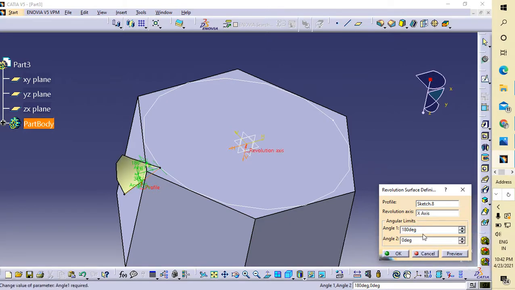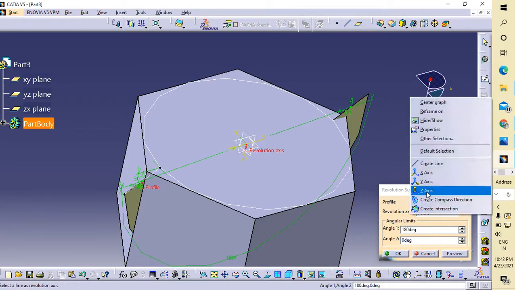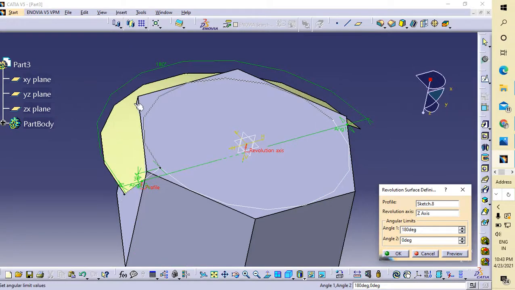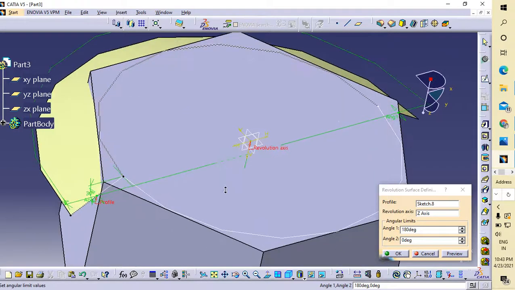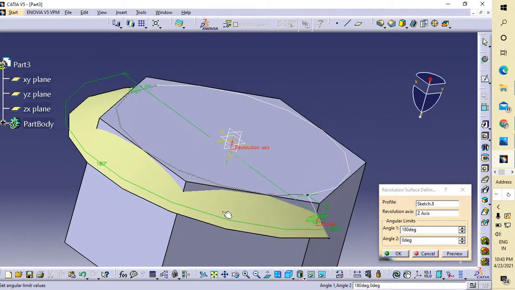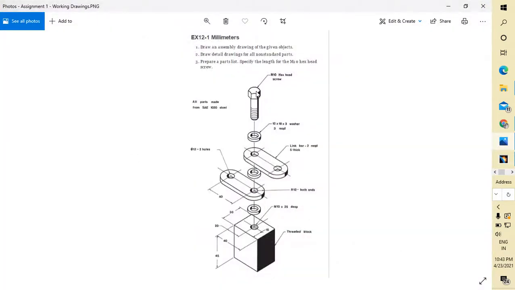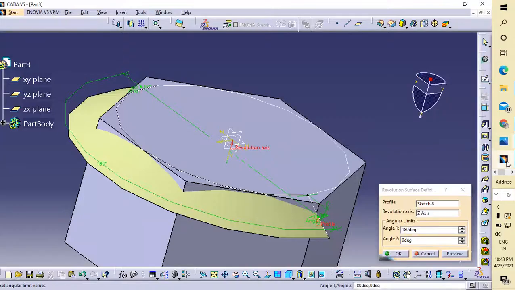Okay, it is not working. Okay, I am trying the x-axis. Okay, it is not okay. Now z-axis, we want this axis. It means we are getting the arc of 30 degree, as shown in the figure, creating the 30 degree arc here. So we want not only this, but the complete crown, the complete 360 degree, and other 180 degree also.